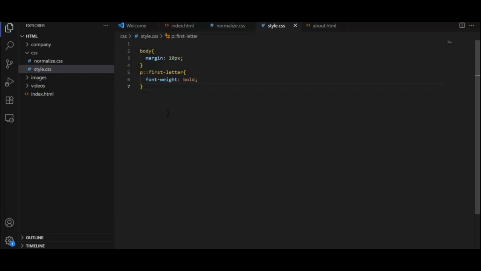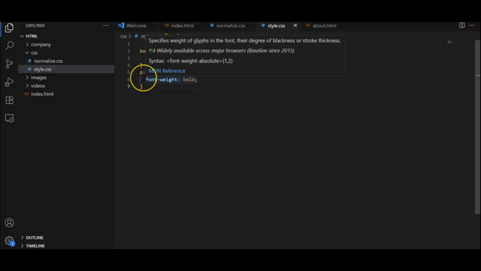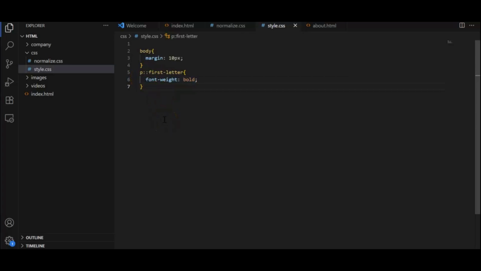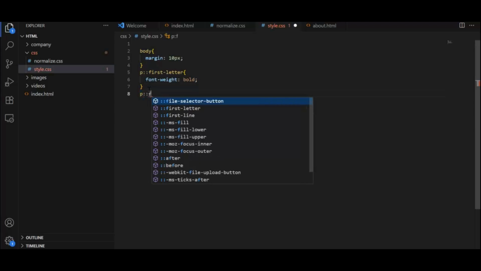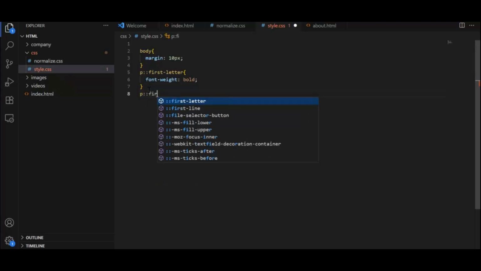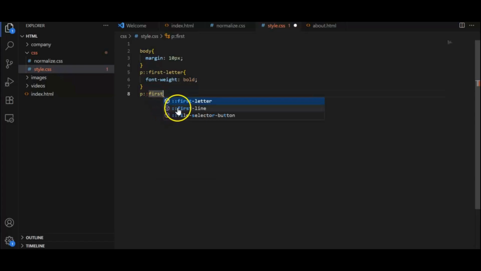Pseudo class elements, if you want to use a particular portion of any text or something, you have to use pseudo class element selectors, whereas class specifies the entire HTML element, right? And pseudo class element selector is used for a portion of a text or something. We have another pseudo element selector, that is first line. First line we define